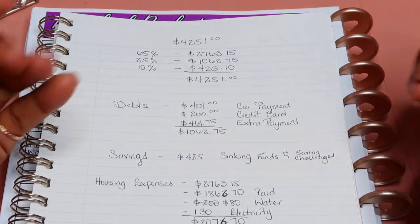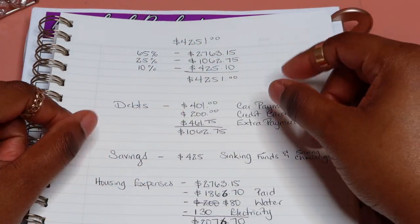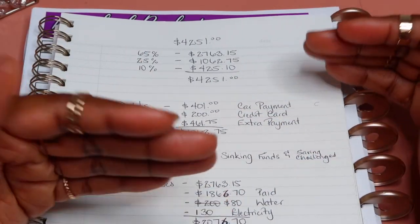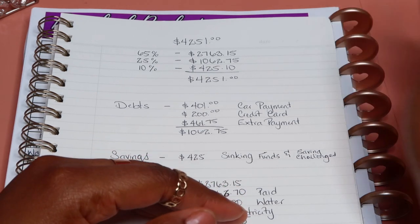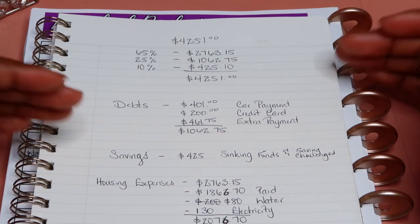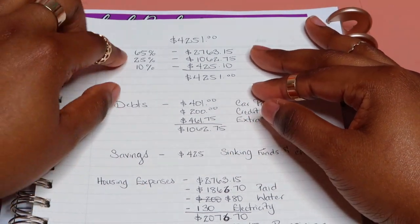$4,251. Now I did say I was doing the 70, 20, 10% rule, but then I did the calculations of the numbers, and I was like, this is way too much money. I didn't even know that I made this much money, and I don't need to use this much money. I need to be better, do better. So I adjusted the numbers a little bit, and so I did